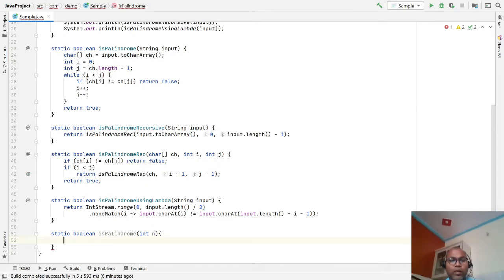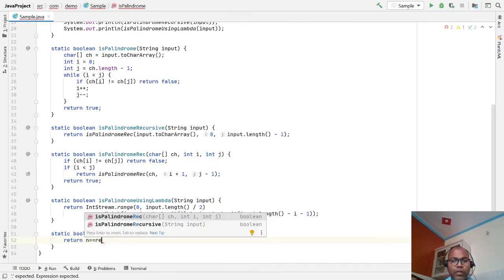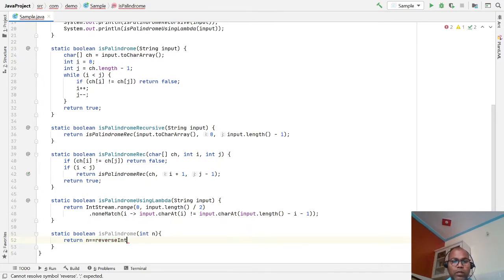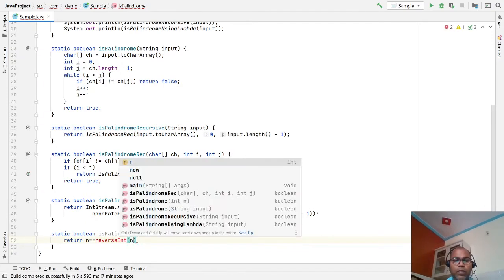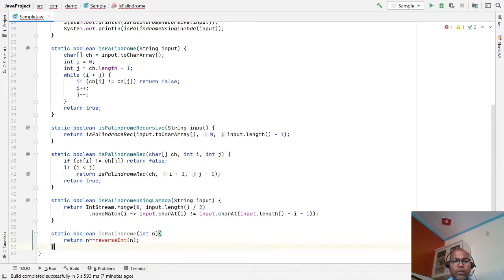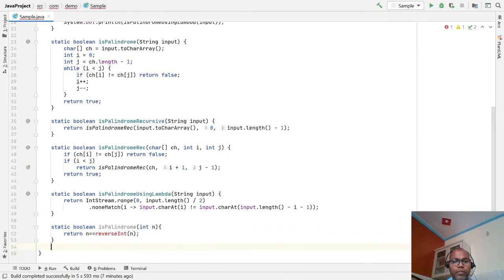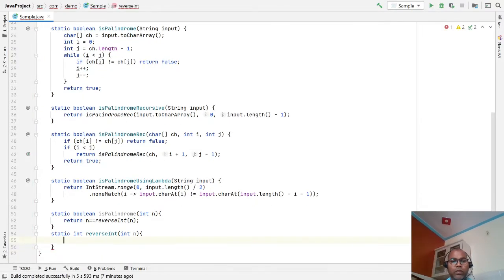First we have to write a function: return n == reverseInt(n), where I pass n. So we write one function, reverse: a static int reverseInt with input n. How do we reverse here?